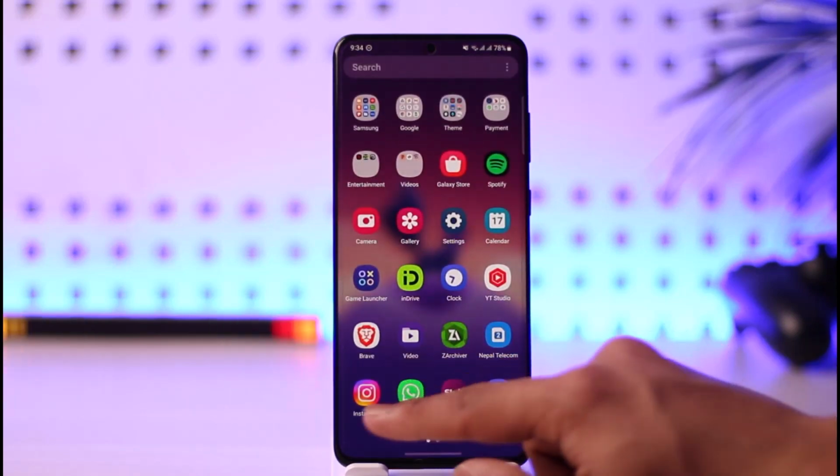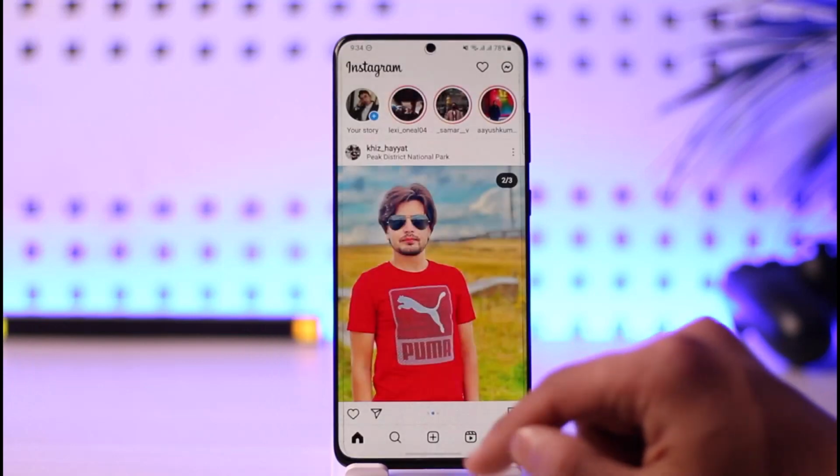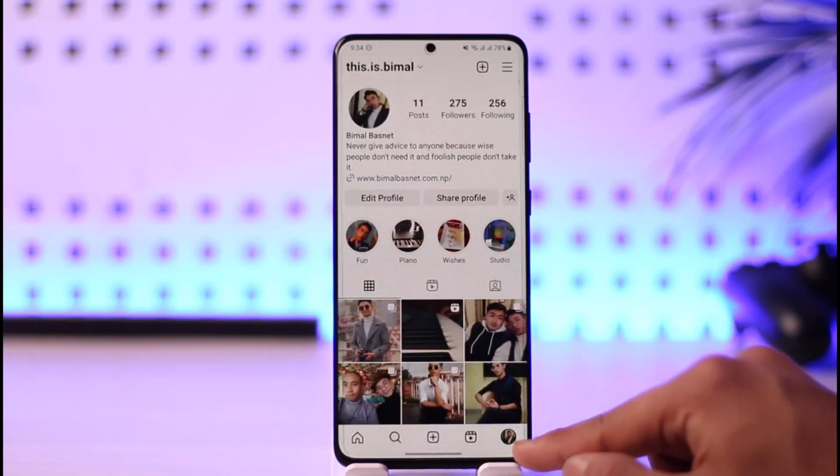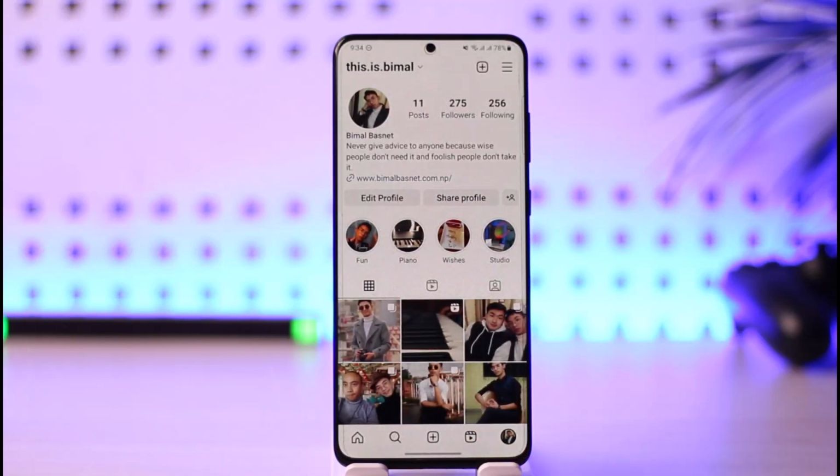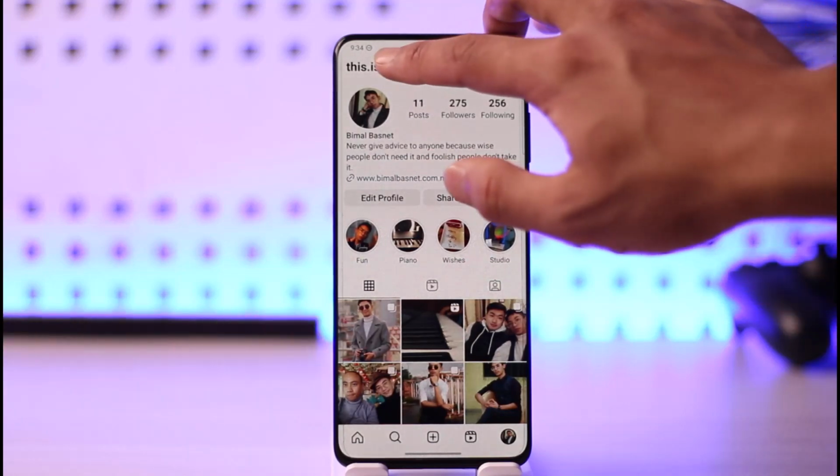Now to do this, all you have to do is open up Instagram, and then you want to come to the profile page by tapping the profile icon from the bottom right. Once you come to the profile page here, if you look at the very top, you'll be able to see your profile name. And if I want to switch to another account, then basically I have to log out and then log into another. But let's say I don't want to do that, and that process is just a hassle for me. What I will do is just tap the drop down menu from the top of the screen here,